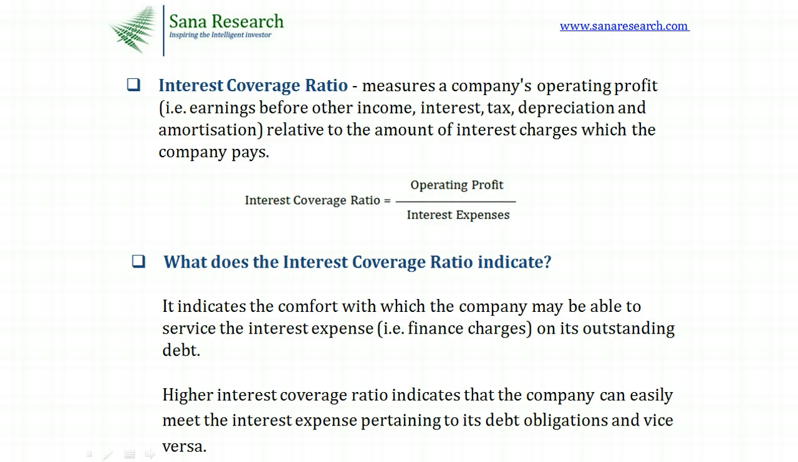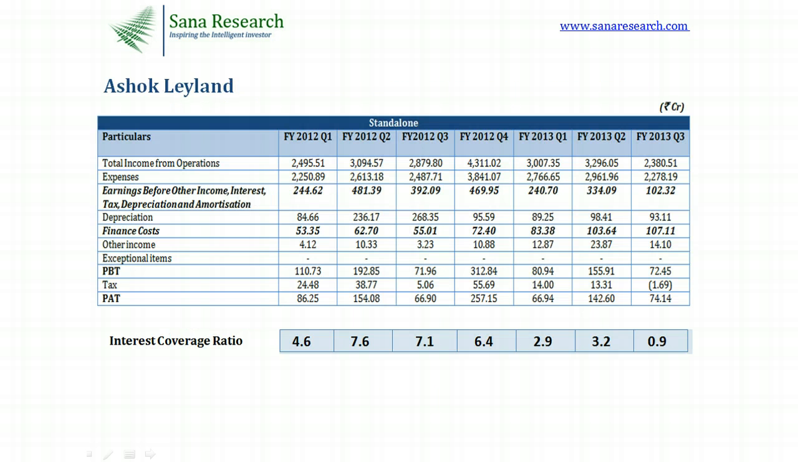A higher interest coverage ratio then would indicate that the company can easily meet the interest expenses pertaining to its debt obligations. Let's understand this with the help of a real-world example. What we have here is the last 7 quarters of financial results of a company. And at the end, we have calculated the interest coverage ratio for each quarter,